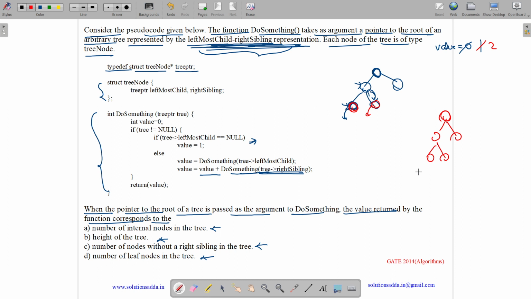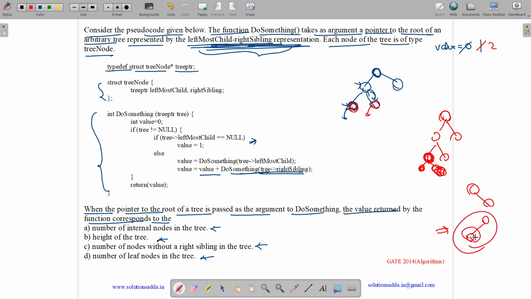So what is the meaning of the left child being null? If a node has its left child null, then in the standard representation its right child will also be null. There can't be a node which just has a right child. It will be considered as the left child only. Even if a node is like this, it will be considered as the left child only.